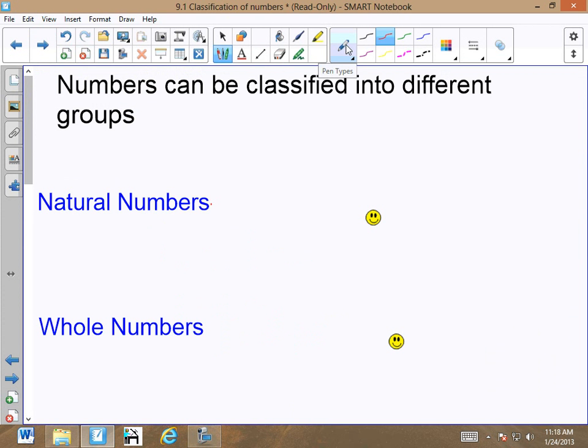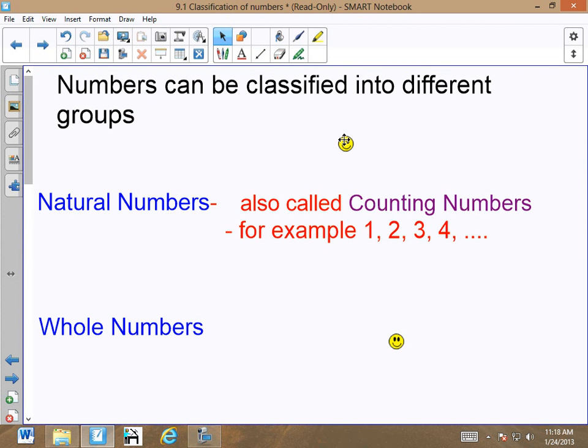Today we're going to classify numbers. Each number can be classified into different groups. Each number could belong to more than one group. Some numbers only belong to one group. We'll discuss that. So natural numbers